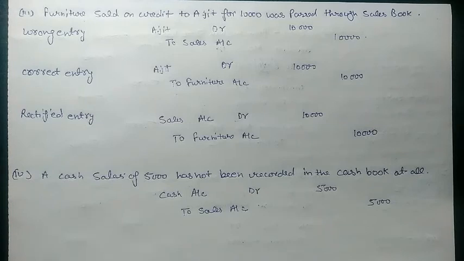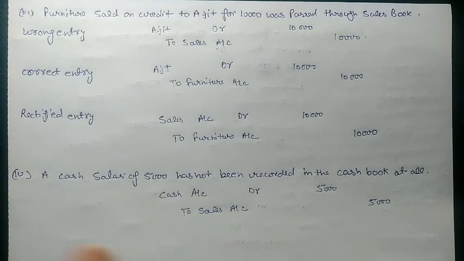In this case we have made a sale that is in cash for 5,000, but we have not recorded it in cash book. And we know when there is an outflow or inflow of cash, we always have to record it in cash book. In this case, when we are having a sale, there is an inflow of cash, so we need to record on the debit side of cash book, and the entry would be cash account debit to sales, because we are receiving cash in this case, and in a sale we always receive the cash, or maybe a bill receivable or any other instrument. So there is always an inflow of money or instrument in terms of sale. So in this question also we have made a sale, that is cash sale, but we forgot to post the entry in our cash book.